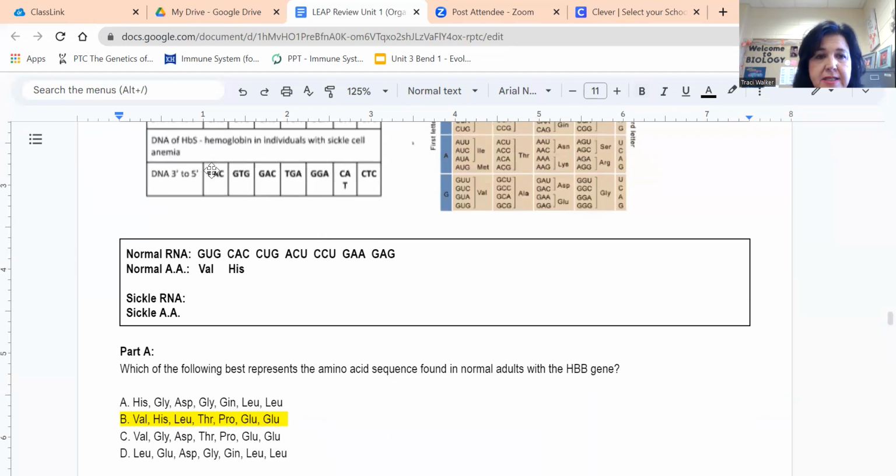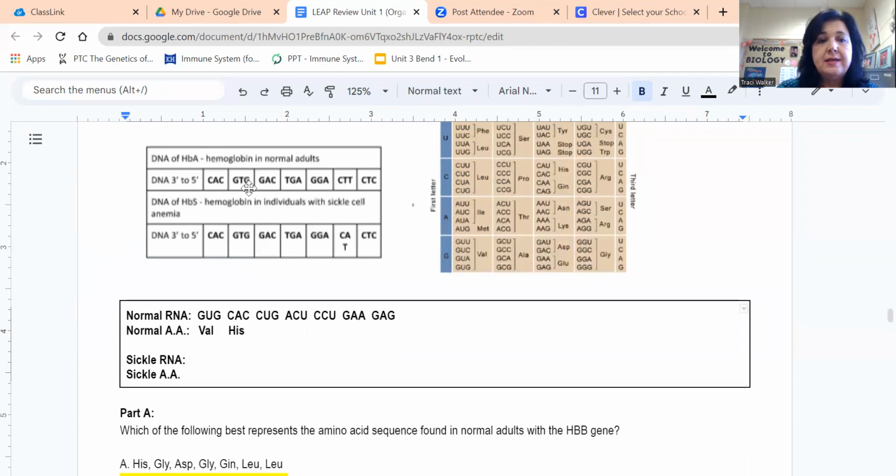So this is my DNA for sickle cell. I have to change my DNA. I have to transcribe my DNA to RNA first. So the good thing is I already have recognized that these are all the same until I get to right here. So I can just copy this, except for this second to the last one, which is going to be wrong. So my CAC becomes GUG,